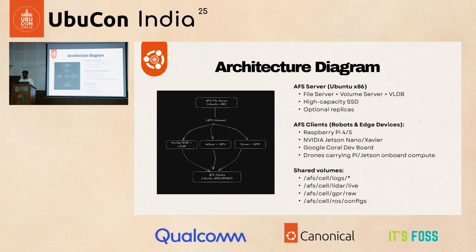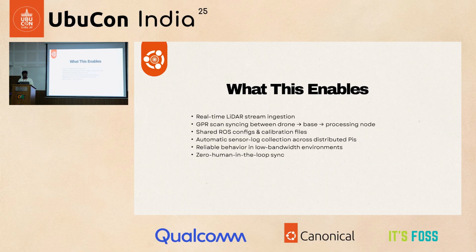AFS clients, basically on the edge devices, will be Raspberry Pis, and you could use Qualcomm's Rubik devices as well, and there will be shared volumes. What this enables is real-time LiDAR streams ingestion. All I want is zero human in the loop